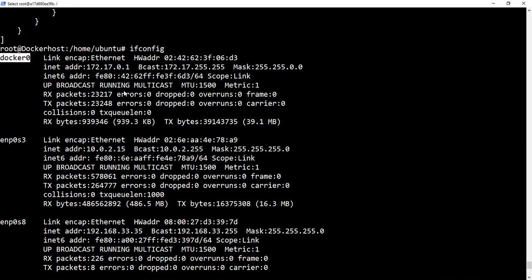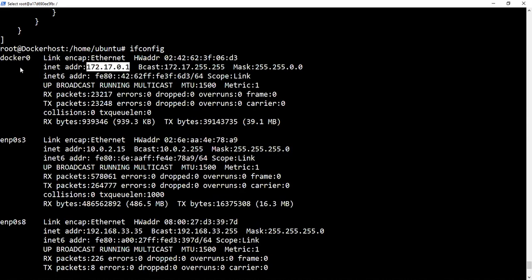Now this is actually an interface or an Ethernet adapter that got added when we installed Docker on this machine, and you will see that the adapter has been allocated with an IP address in the range of